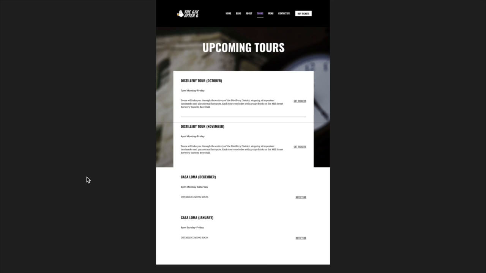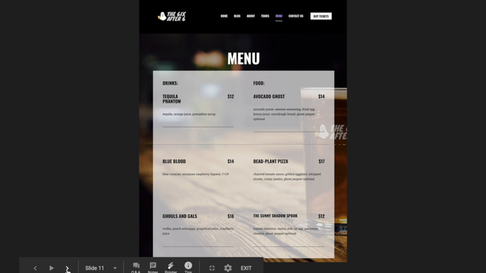The next page is a very necessary page for a tour website. It is our upcoming tours, and it's really easy and simple to follow. It lists our upcoming tours in order of when they're going to take place, with a brief description of the tour and a call to action, which links to get tickets. Again, with our headings as sans serif and the body as serif.